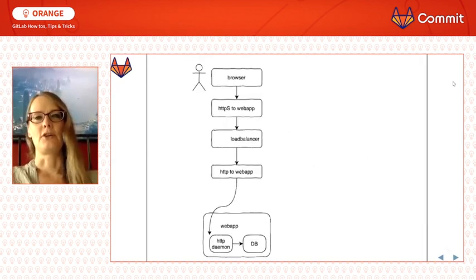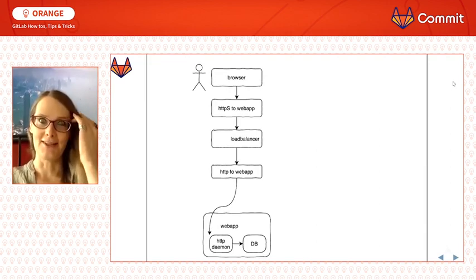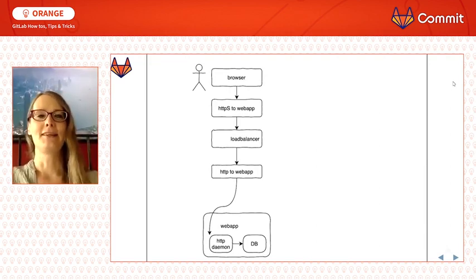So what does your stack look like now? Well, probably it looks like most people's web apps, right? You've got a browser that's probably going to talk HTTPS. It should be talking HTTPS, people. It's 2020. To your web apps, it's probably going through some sort of a load balancer, and ultimately it's going